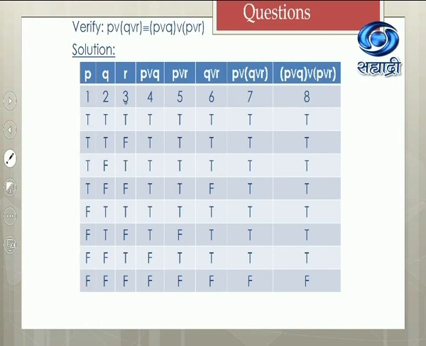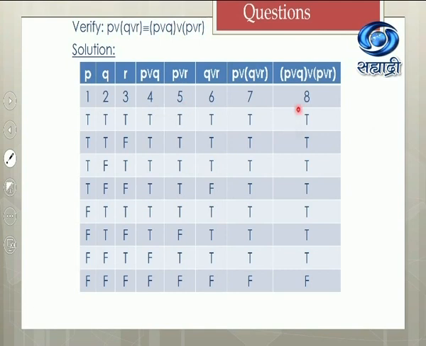And then P, Q, R. You all know how to fill up these columns. P or Q, P or R we have done, Q or R. Then this statement, P or Q or R. So we are going to do the combination of first column or sixth column, okay, and then enter it in the seventh column. True or true is true, true or true is true, true or true is true, true or false is true, false or true is true, false or true is true, false or true is true, false or false is false. Now we go for this column, P or Q or P or R. So it is fourth or fifth column.